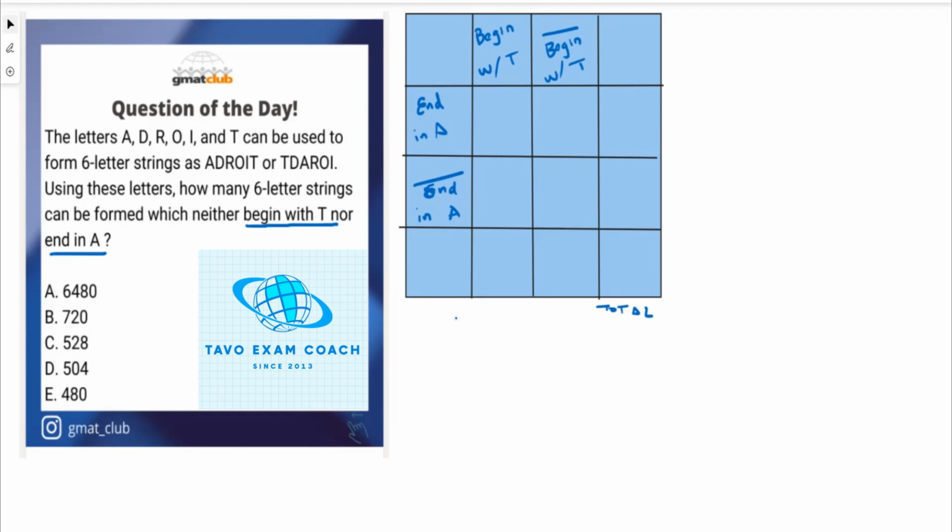the six different letters. So let's represent the intersecting group that we want to identify, those letter strings that neither begin with T nor end in A. That is to say, it is this group here that doesn't have these two characteristics, neither beginning with T nor ending in letter A. And let's call, for convenience, these other intersecting groups, the counting groups, Y, W, and Z